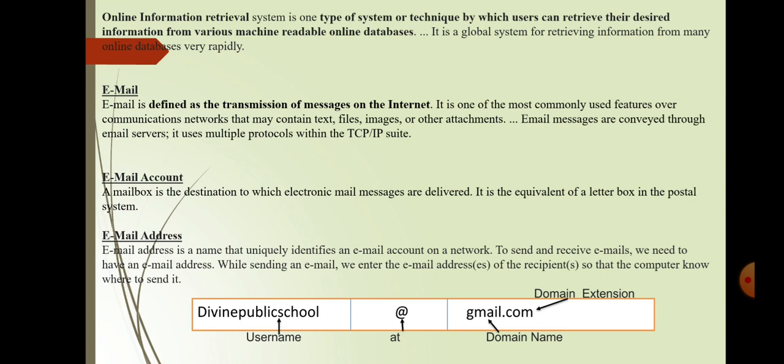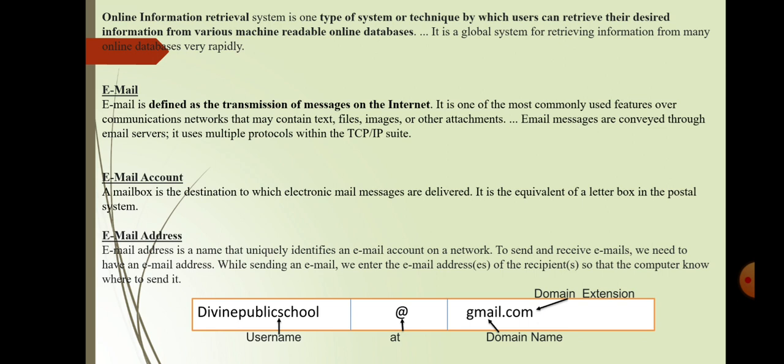Dear students, in earlier days, in order to deliver an ordinary mail to its destination, we used an address like house number, street name, location, city, state, etc.